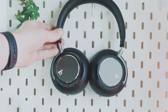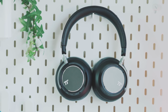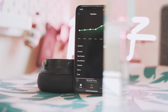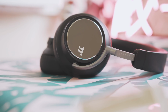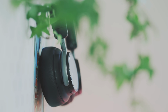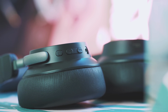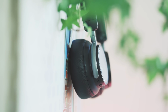The soundstage is defined nicely, vocals are clear, and instrument separation is obvious enough. They are quite bass heavy though, so much so that I actually ended up turning it down within the Spotify app. I actually found towards the lower end things did feel a little loose and muddy. Sound leaks quite badly too, so if you've got anything on with loud guitars, people are going to hear that around you. However, the noise cancellation is really good at drowning those outside noises, and the battery life has been